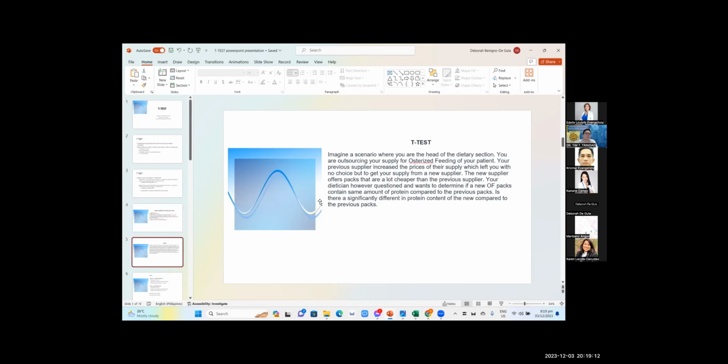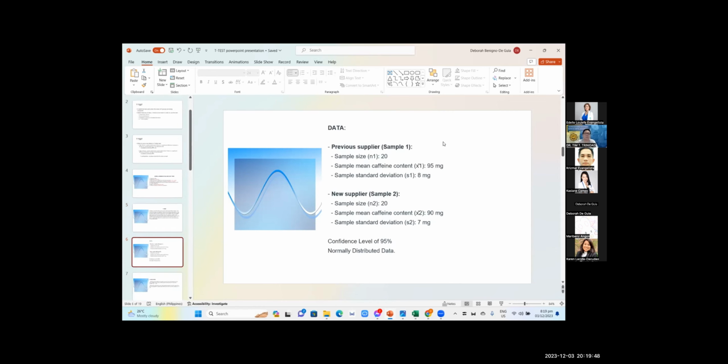So for the given, we will imagine a scenario where you are the head of a dietary section and outsourcing the supplies for authorized feeding for patients. The previous supplier increased the prices of their supply, which left you no choice but to get the supply from a new supplier. So we want to know if there is a significant difference in protein content of the new group of authorized feedings, because we want to purchase it since it's a lot cheaper. So that's the